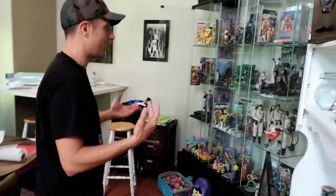As we continue the tour, where some of the collection has spilled out into the upstairs area, I have 3 Detolf shelves filled with some of my very favorite toy lines and action figures throughout the generations. A special cabinet